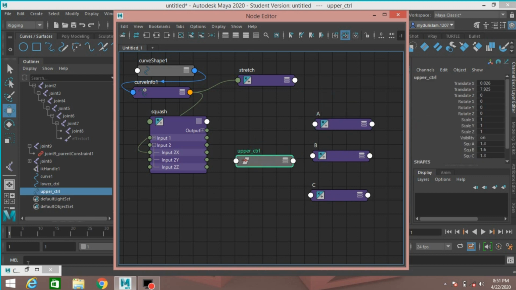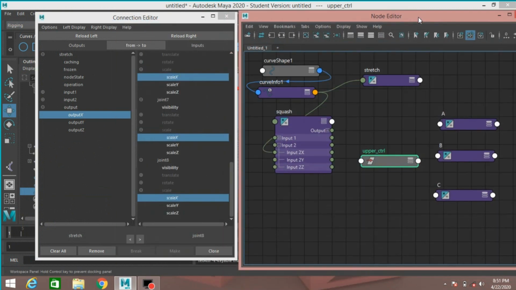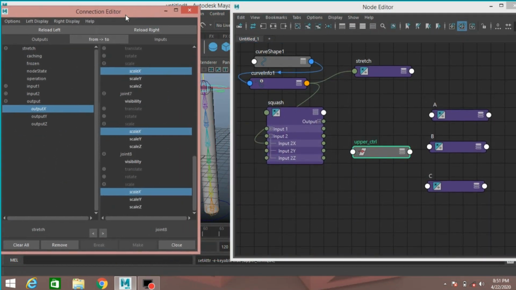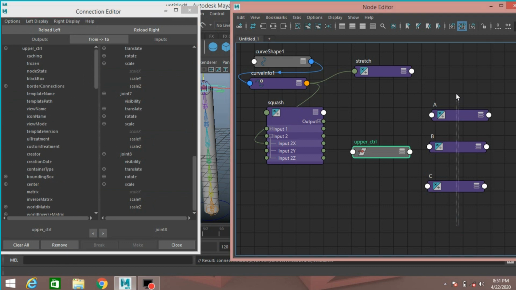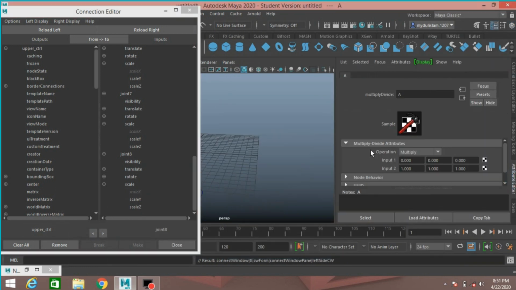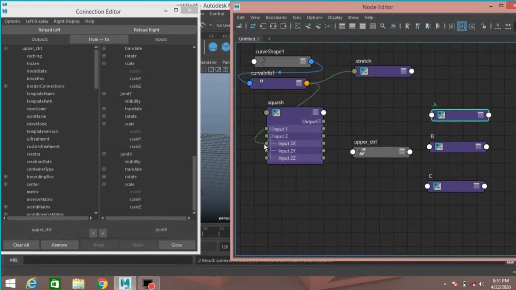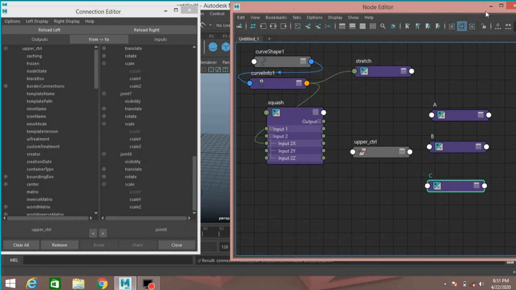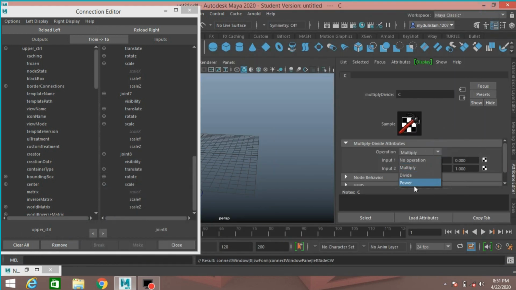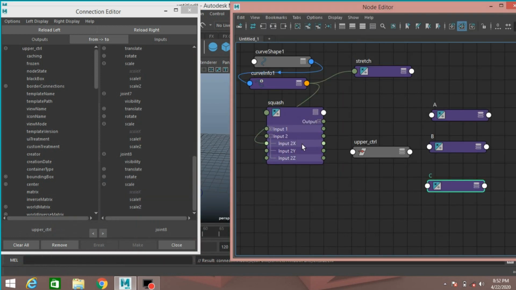First select the upper controller, open connection editor, move it here, click reload left and select all the three, select this, minimize, open attribute editor, select operation multiply to power and do the same for all the three, power, select this, power.